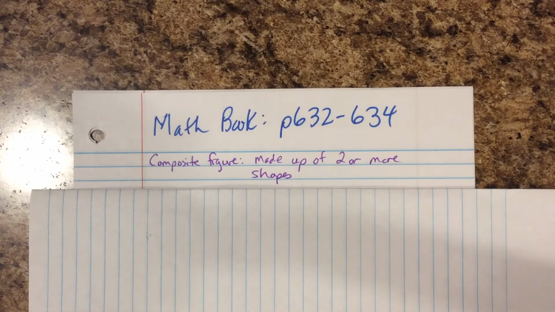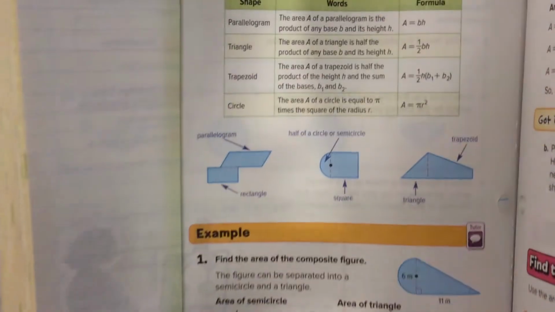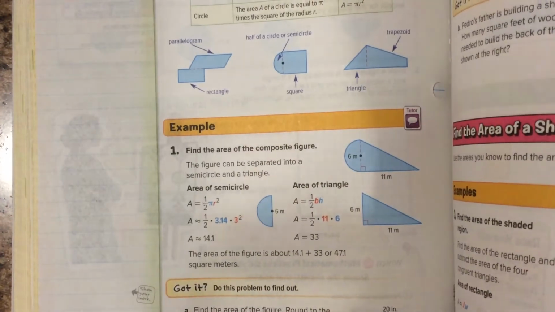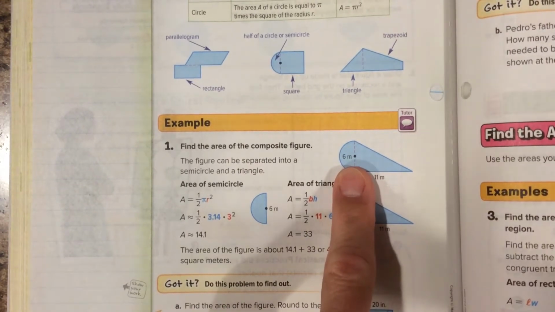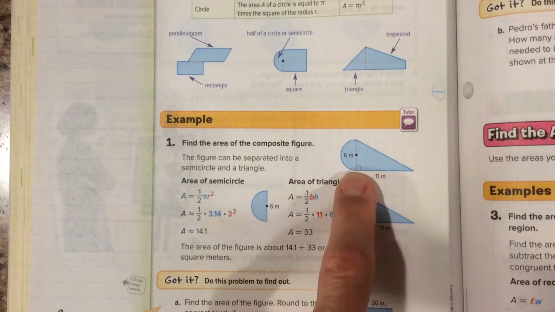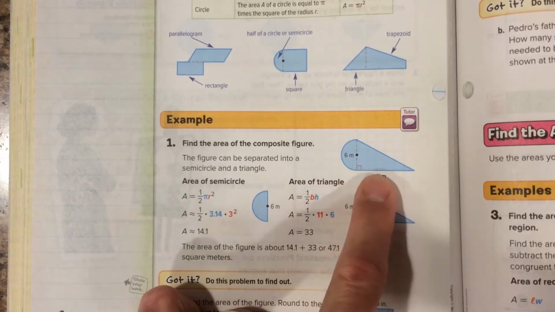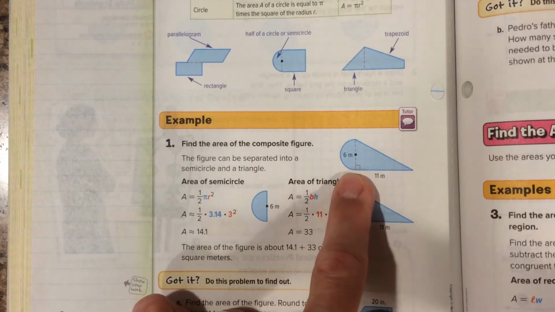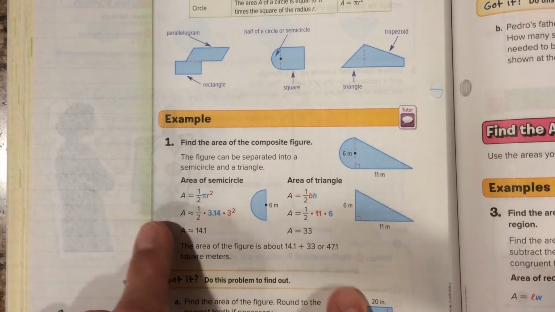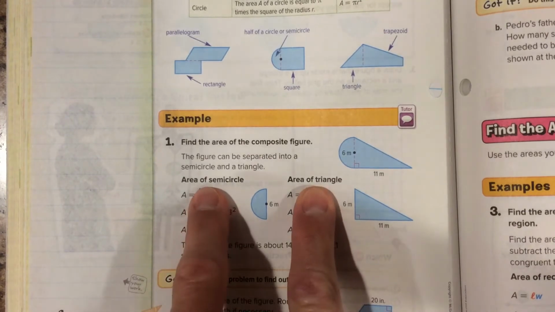That being said, if you look at example 1 on page 632, you can see they've given you a shape that has a 6-meter red line and an 11-meter base. This shape is made up of a semicircle, which is half of a circle, and a triangle. So you'll notice right here, the first thing they did is they figured out what they had to find the